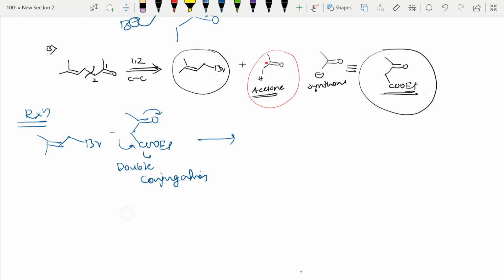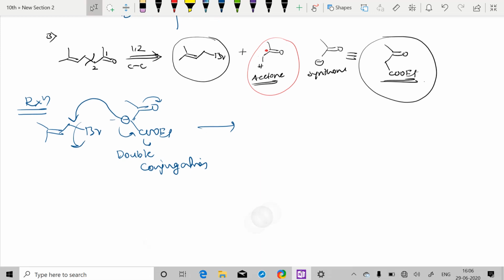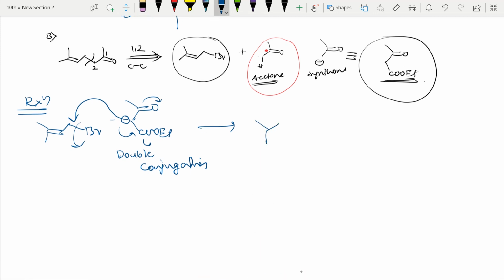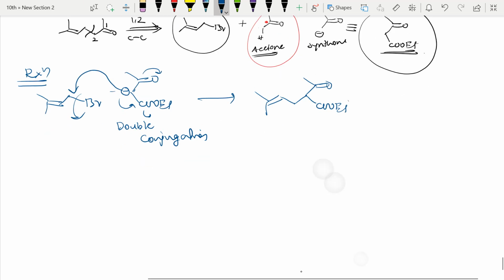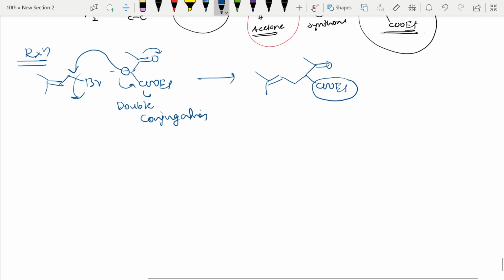We never say that only this carbon has the negative charge, because there are resonating structures, right? But for the time being, for writing the reaction it will be easy, so we always take these forms. So CH2 is there, and to that this carbon is added. Here COOEt is there, and here a COO methyl group is there, right? Further, to eliminate this, I will just do hydrolysis.